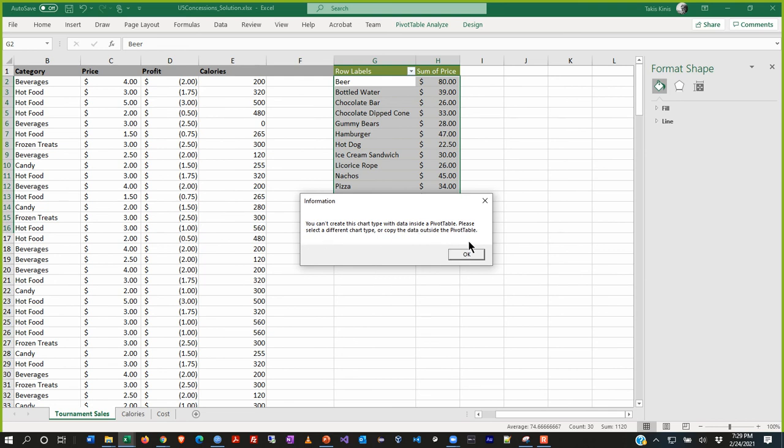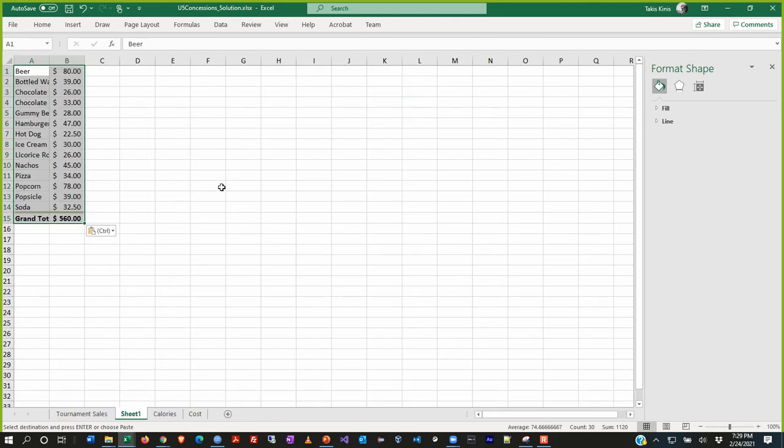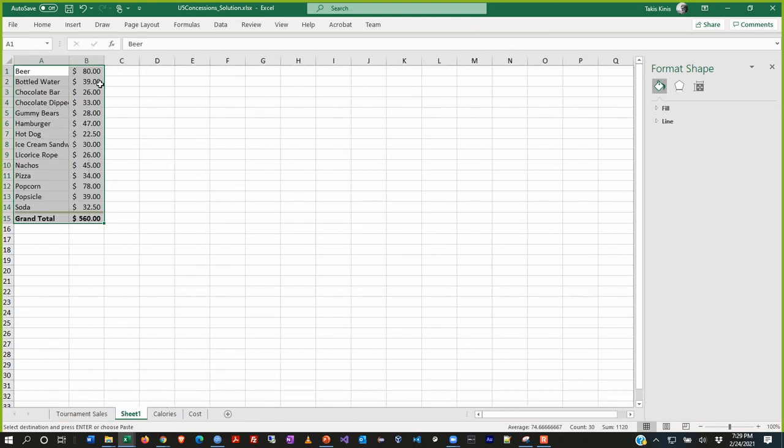And I want you to notice what this does. It says we can't do this with the pivot table. We have to copy the data outside the pivot table. So I can do that. I can just come in here, copy this, create a new sheet, paste it over here. So now these are hard-coded values, I assume, and they are. Now I should be able to